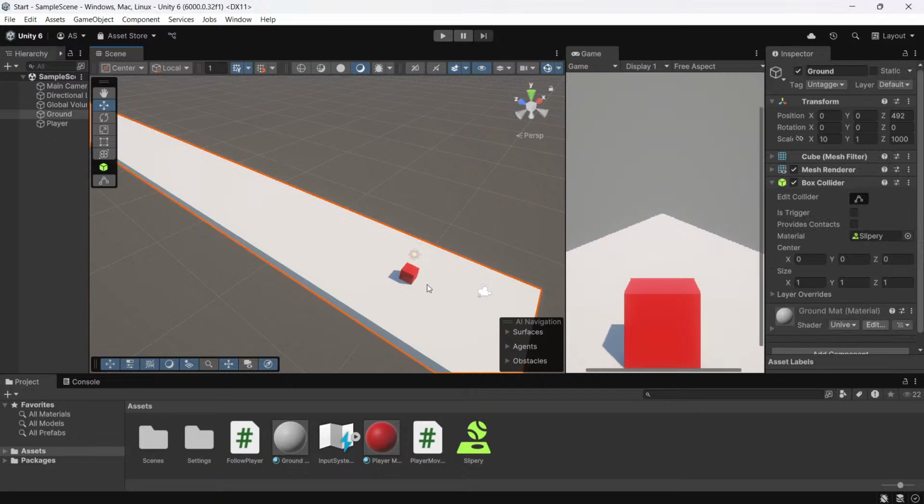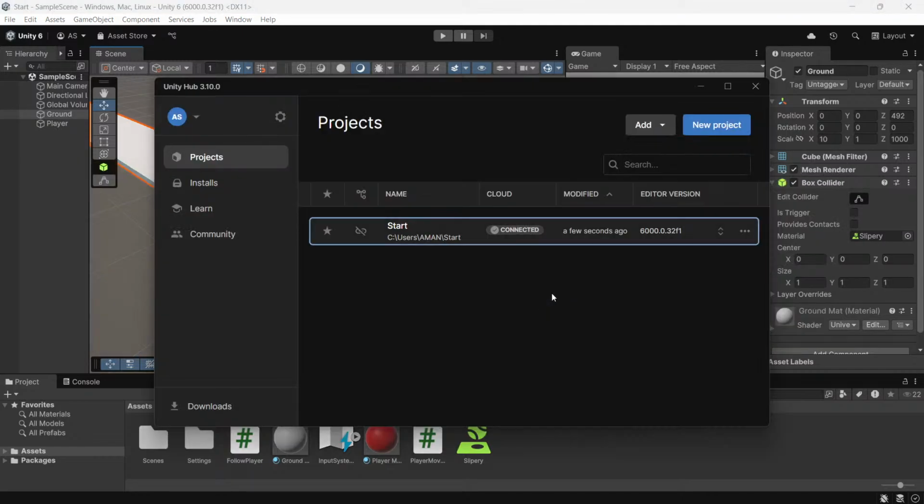So yesterday we made a player and a camera fixed to the player, and this will follow the player. Now we will